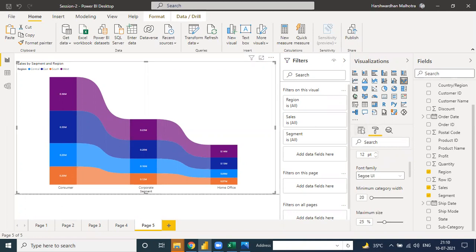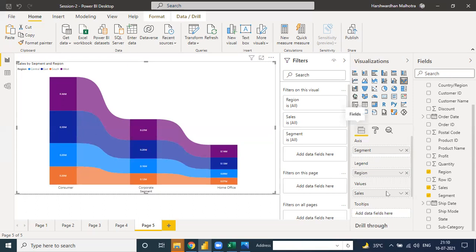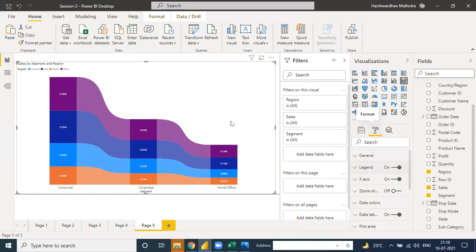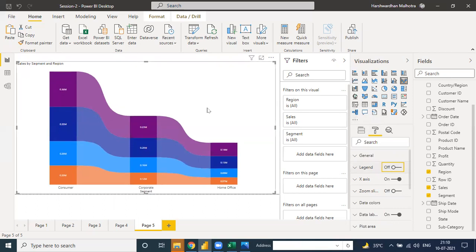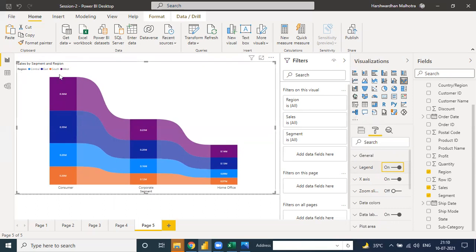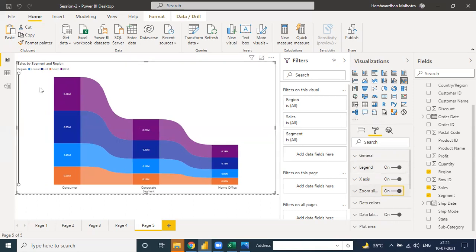Okay, and these are the fields which you have done with the segment area, like how to make this kind of chart, and after that what scenarios you have covered, and in which the formatting is done, like x-axis, legend. Suppose if you turn it off, it will be off; if you turn it on, then it will be on. These are the options to choose the visualization formatting. And here is a zoom slicer.